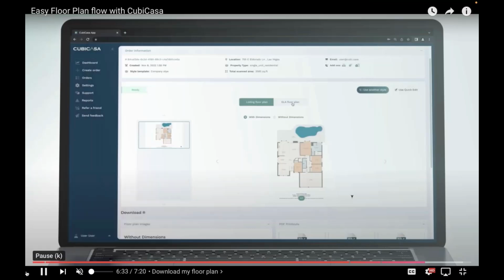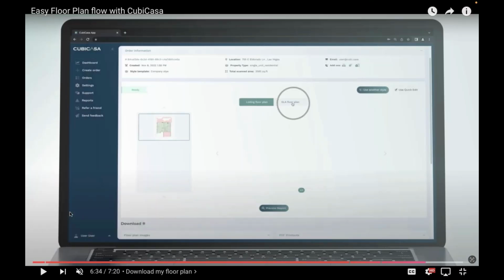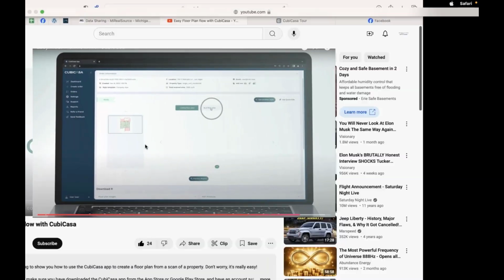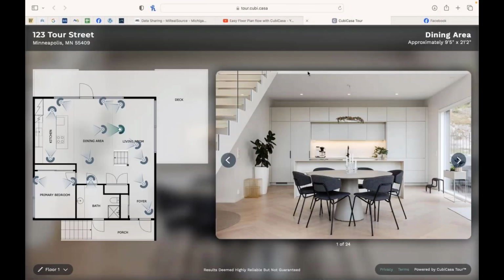Now, there's a couple things that they have introduced recently that I don't really try to plug too much of all the other bells and whistles. You can see that when you're in the app, and if you want to add a special tour or anything like that. But they recently added this,